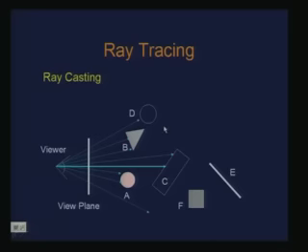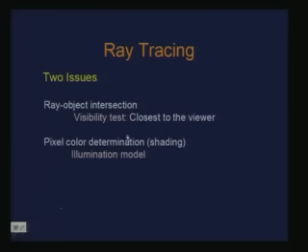So, when we do this, the issue comes are finding the ray object intersection, that is the one task, and the other thing is apply the illumination model. Applying illumination model we have already studied. So, let us try to see the ray object intersection. There also we looked at last time the ray sphere intersection. So, just let me review certain aspects of it. So, this is what I said, these are the two issues, the visibility test and the illumination model. These are the two issues related to ray tracing.